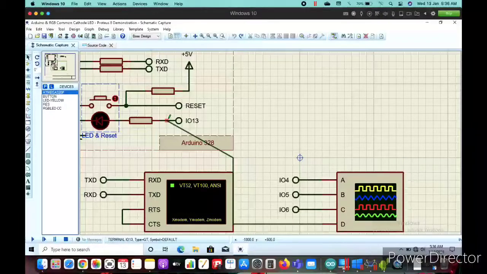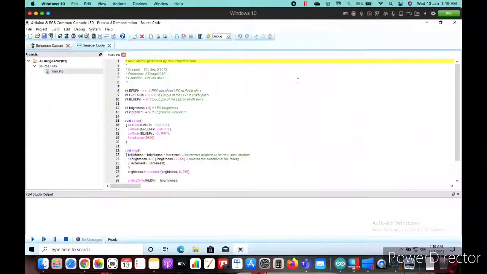After this we'll go to the source code section. Here we'll make some changes to this code.